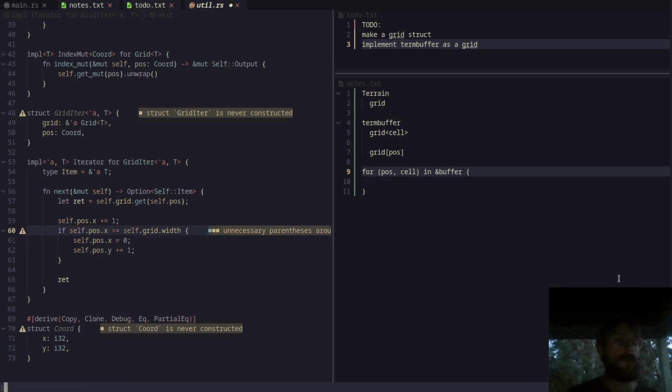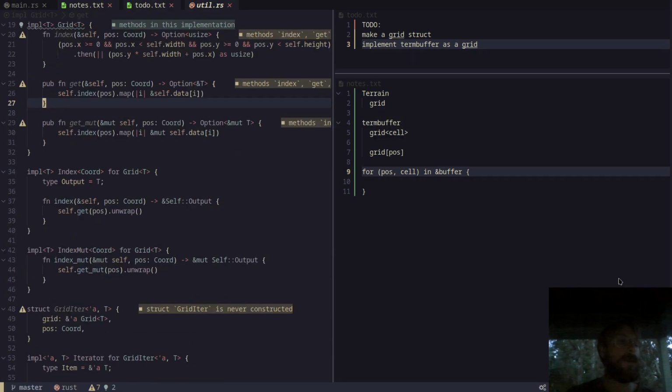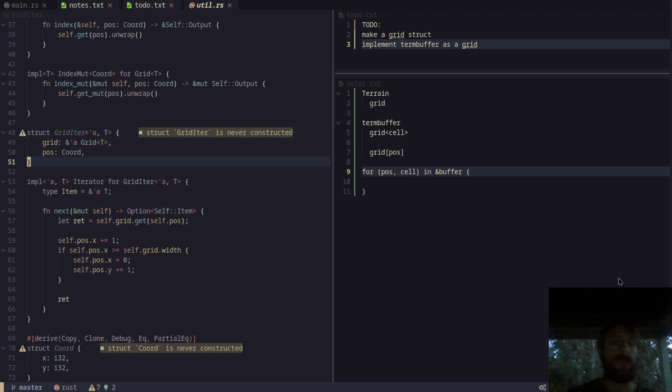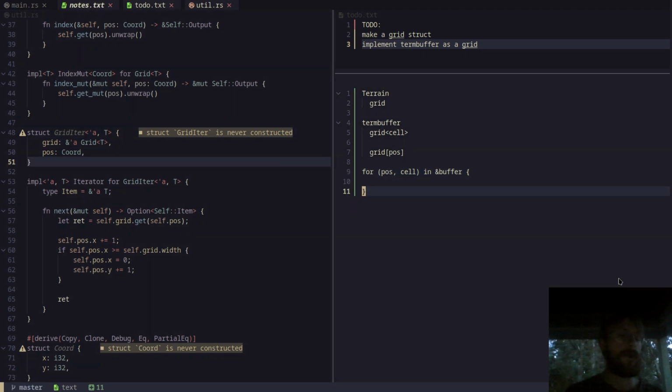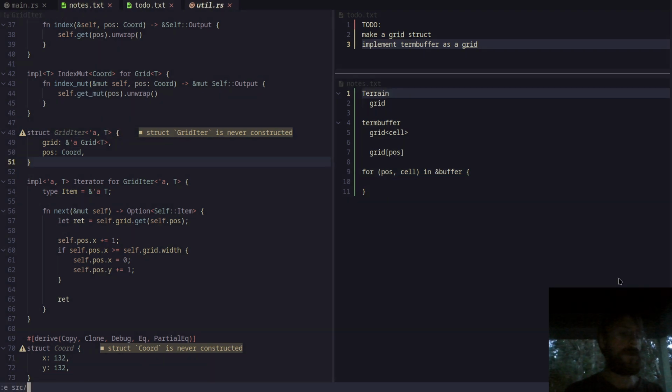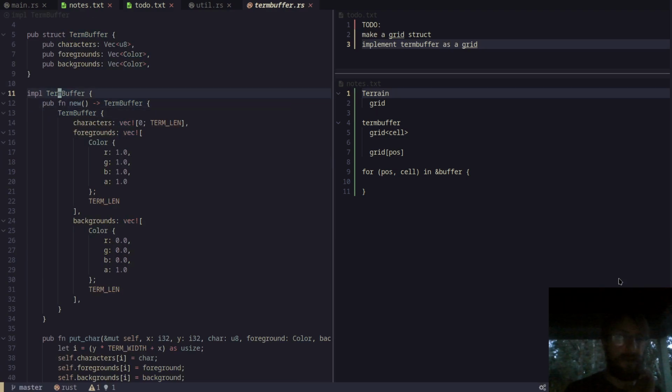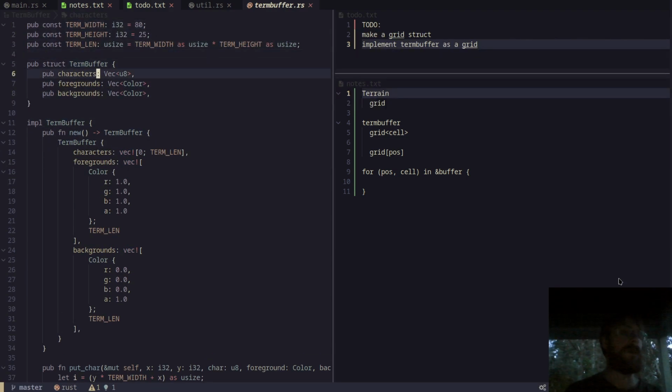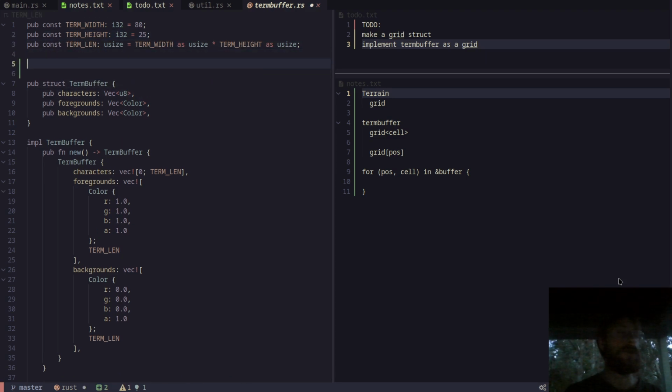Oops, don't need those parentheses. Yeah, so that'll take a step to the right. If we're all the way to the right, we'll take a step down. Okay, cool. This is like everything that we need, I think. So we can go over to our term buffer now and see that we're duplicating that same logic here. So what we can instead do is, I think you write it as